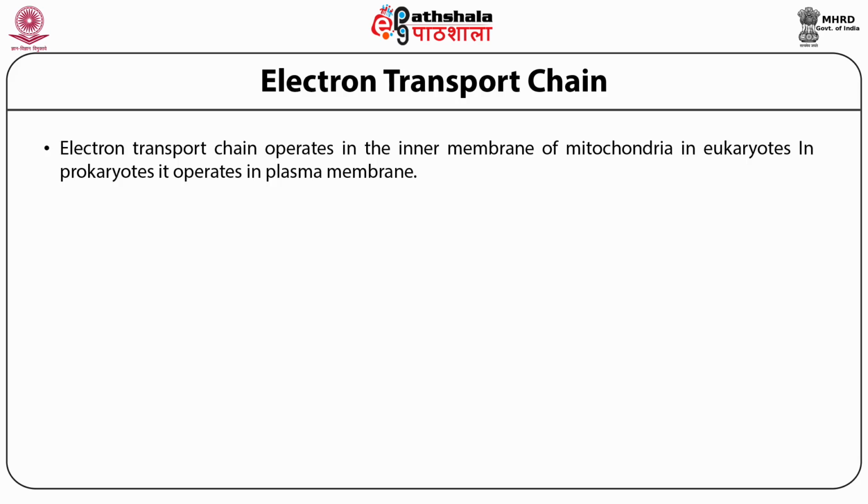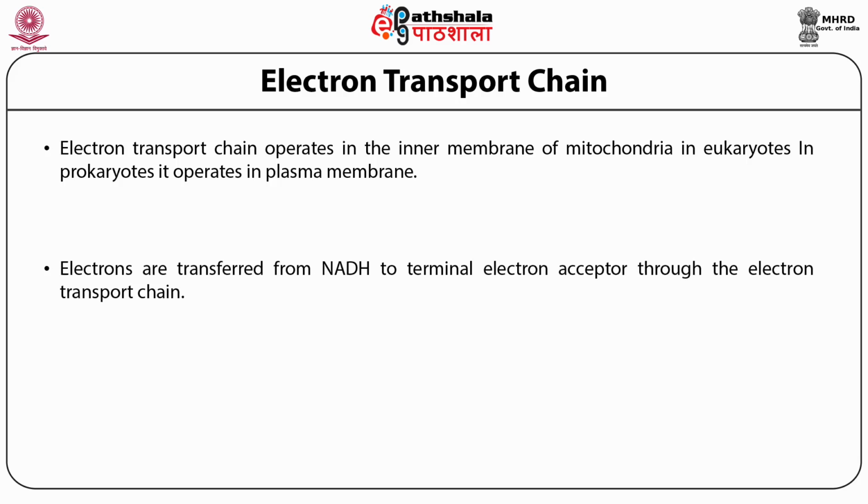This process reoxidizes the NADH and FADH2 that arise from the citric acid cycle, which is located in the mitochondrial matrix, and glycolysis, which occurs in the cytoplasm, and fatty acid oxidation, which is again located in the mitochondrial matrix, and traps the energy released as ATP. Oxidative phosphorylation is by far the major source of ATP in the cell. In prokaryotes, the components of electron transport and oxidative phosphorylation are located in the plasma membrane.